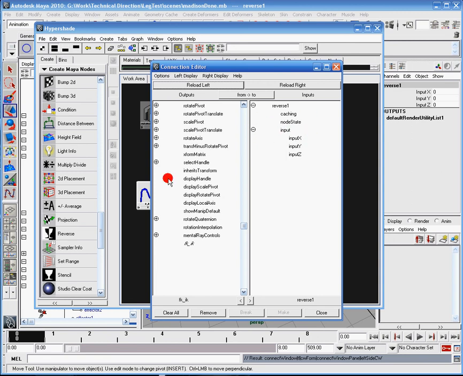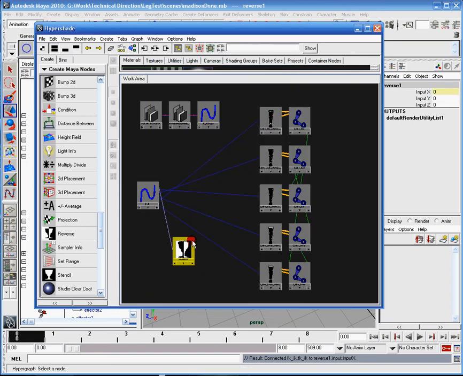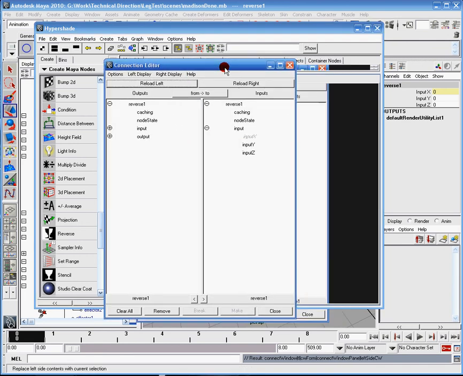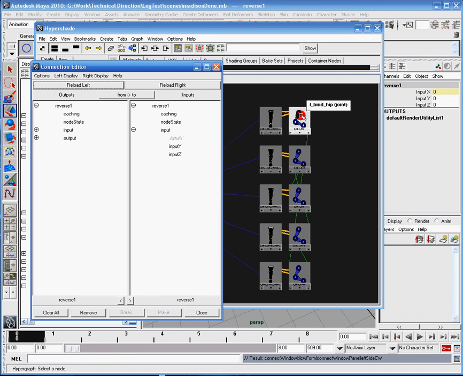So it should be FK-IK over here, and the reverse node over here. I'm going to select the FK-IK attribute down here and put it in the input X. Now I'm going to minimize that and select the reverse node, bring that back up, reload left, and then I'm going to select each one of these orient constraints